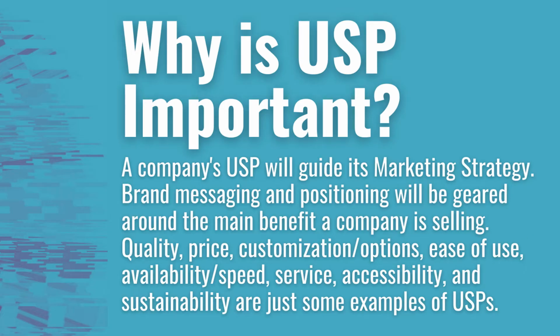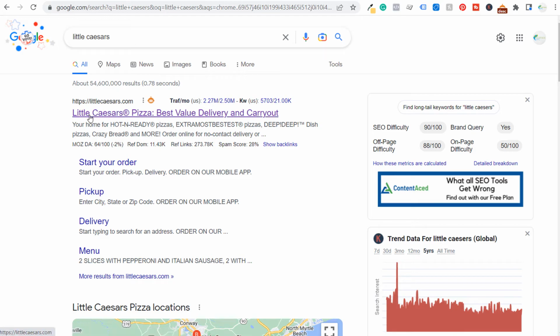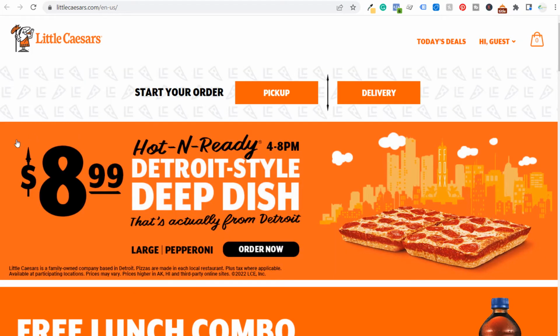For example, if you do a quick Google search for something like Little Caesars, you can see best value delivery and carry out, it's right in their title tag. When you go to their website, everything is about cheap prices, hot and ready. There's not much of a hassle to go and get it, and you're not going to be spending a lot of money. So they're not competing with a gourmet pizza shop. They're just trying to get you into the door as quickly as possible with a cheap meal and get you